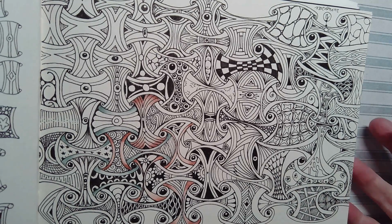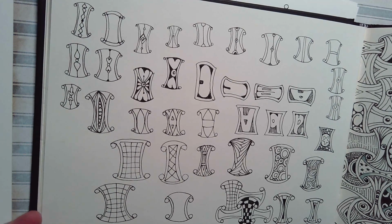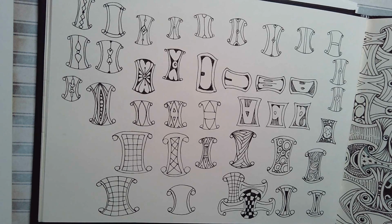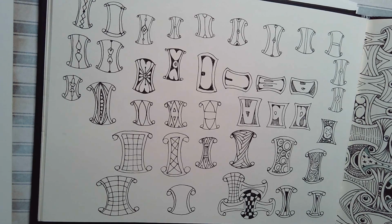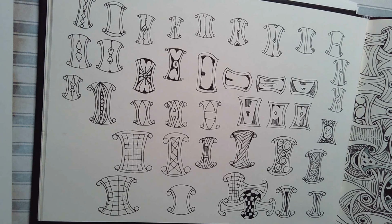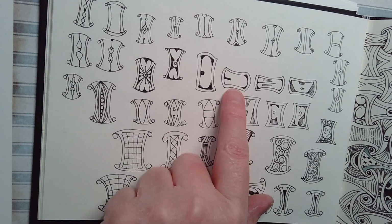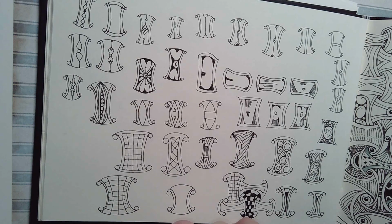It's crazy. This was the other page that I was working on yesterday, and I think you can see I've added to it. And I've mentioned before, and I'll mention it again, I'm doing a lettering course at the moment. I haven't looked at another lesson for a week because I'm pottering around with stuff and just playing around with letters. And I realised these shapes would be perfect to put letters into,